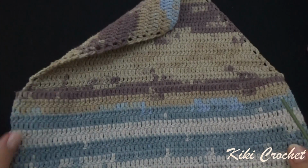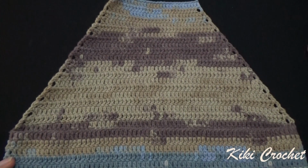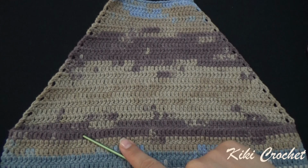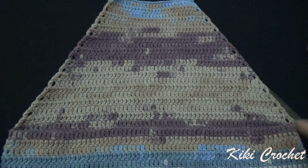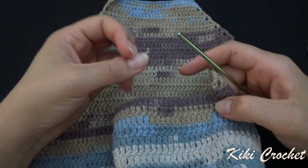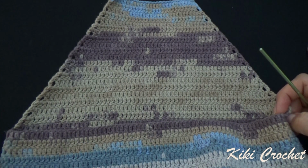Okay, so now we're gonna crochet the straps, and I want to make mine in an X shape. So this strap from the right side we're going to attach on the left side, and the left side strap we're going to attach on the right side. In order for the straps to be attached in the same spot on both sides,